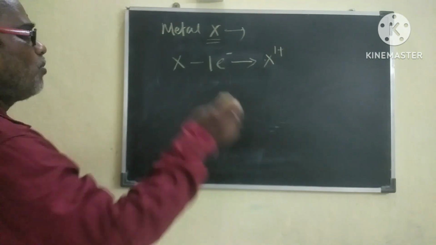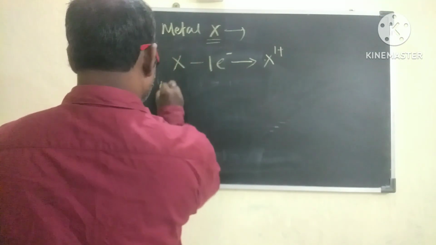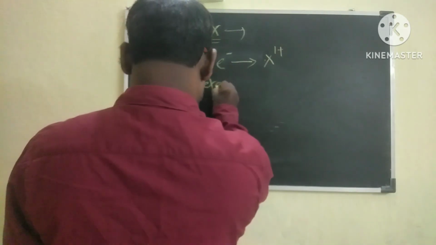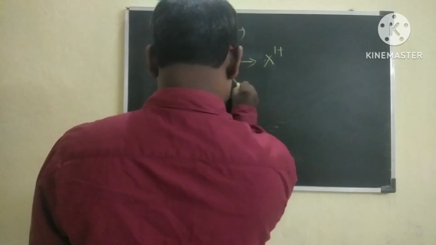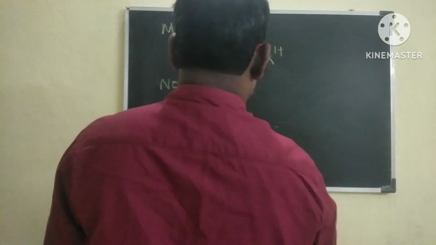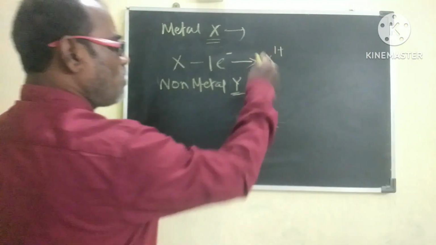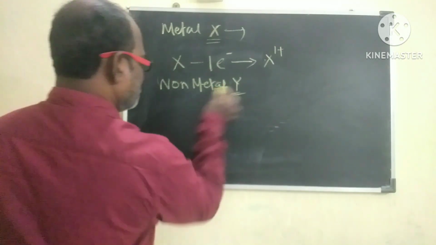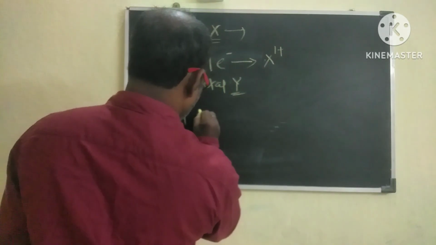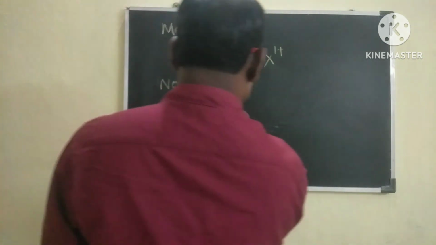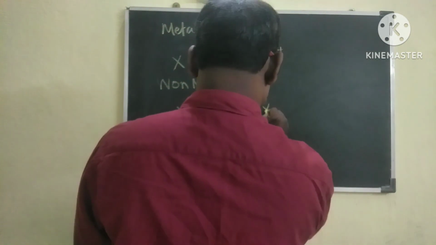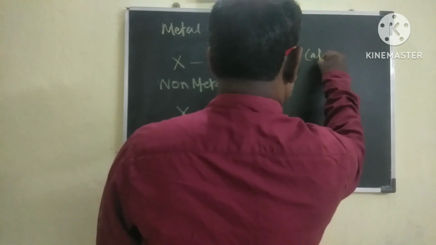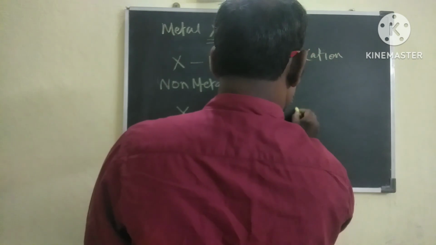Let us take one more non-metal Y. Let us suppose that this Y accepts one electron to form an anion. This is the cation